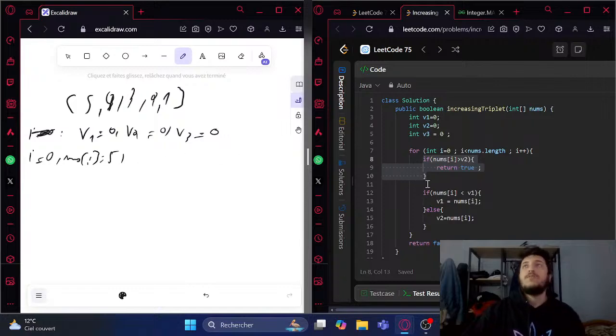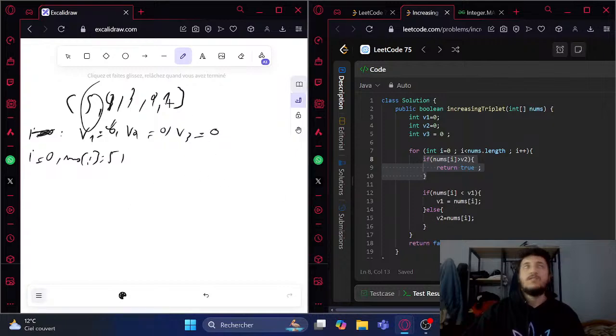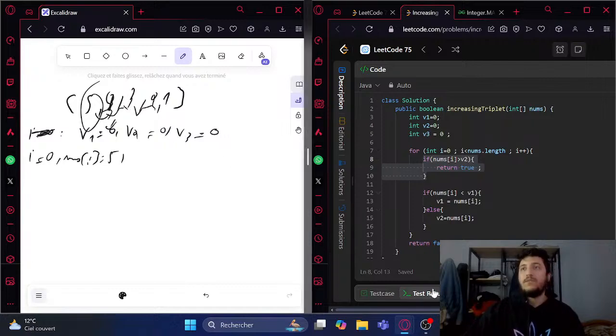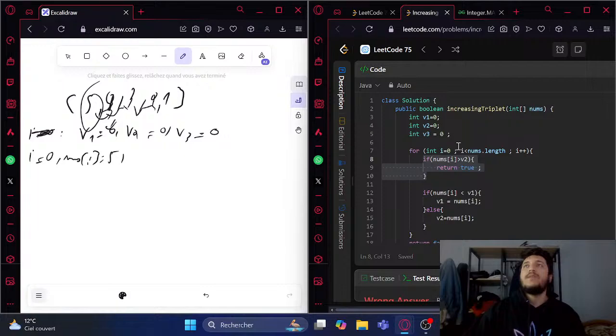Okay. So let's just skip this. We're gonna go to the next condition. So if nums of I is lower than v1, 5 is not lower than v1. In this test case, we're not gonna do anything because there are no ascending triplets. So I think the logic's good, but the whole problem is with the